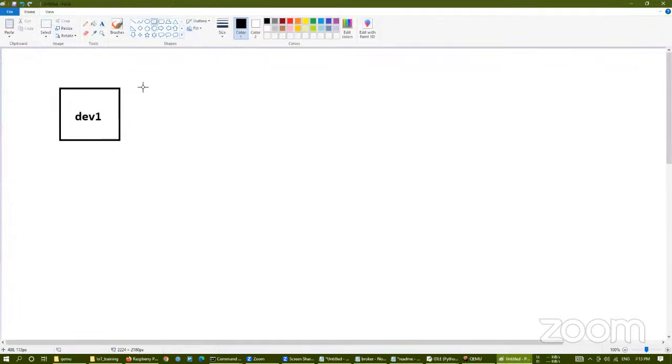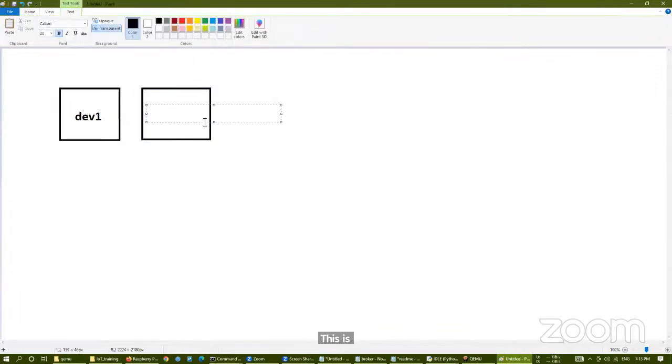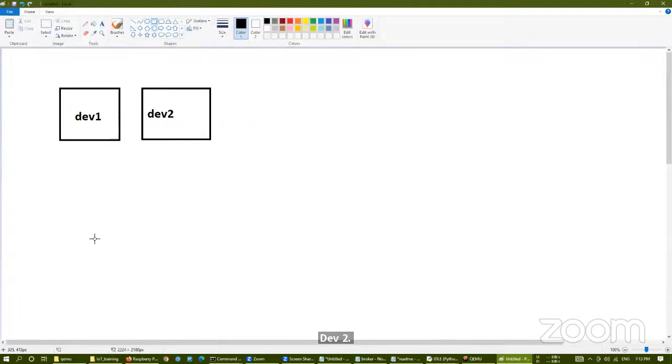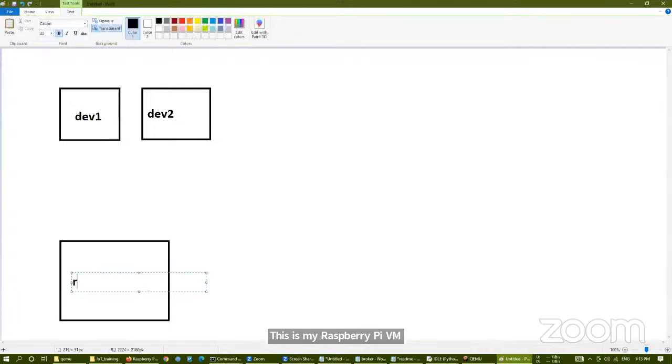Now, after that, this is your Dev2. This is my Raspberry Pi VM. I will write it as RPi, as a short form. For me, it is a VM. It's a virtual machine, but you can have the real one also. So this is actually the gateway. So these two